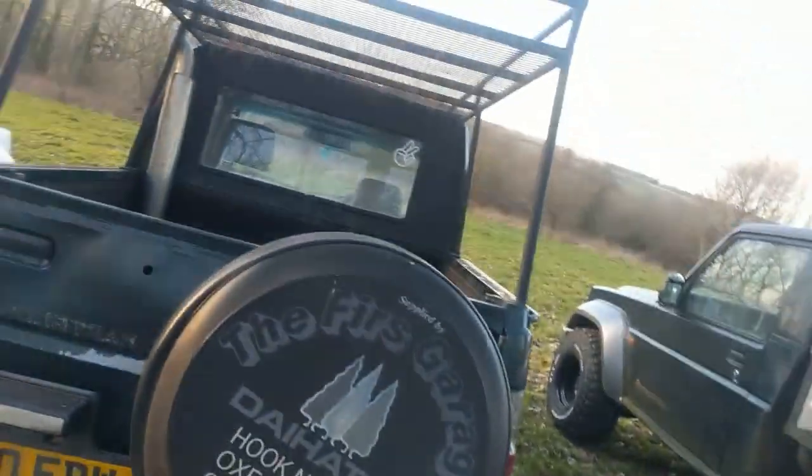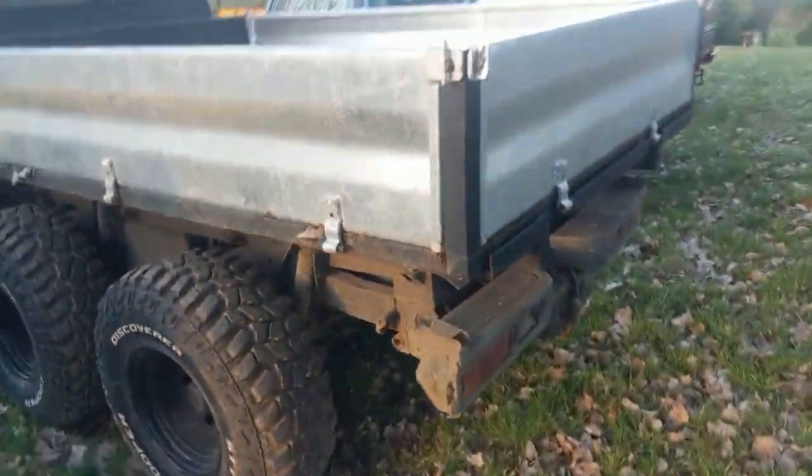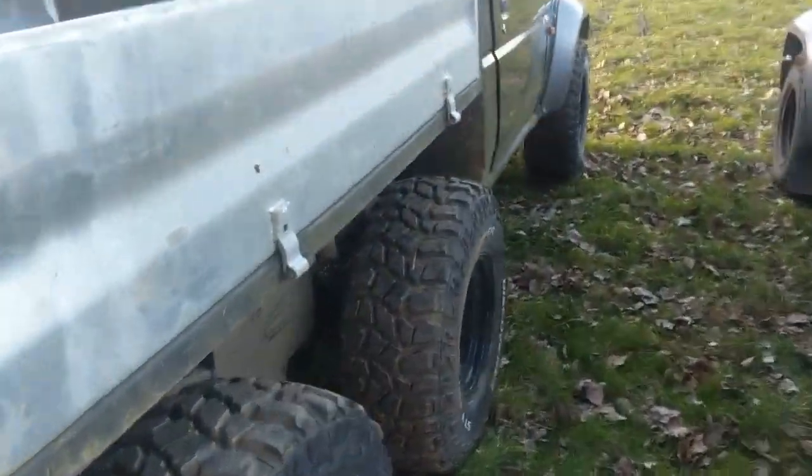I ended up putting a Ford Focus back box on it because I didn't want to have it too noisy, this one. But I don't know, in the end I put it back. I kind of wish I had it noisy, but it is what it is. This one's still got a Daihatsu box. This one, I've not heard it from the outside. So what I'm going to do is actually...